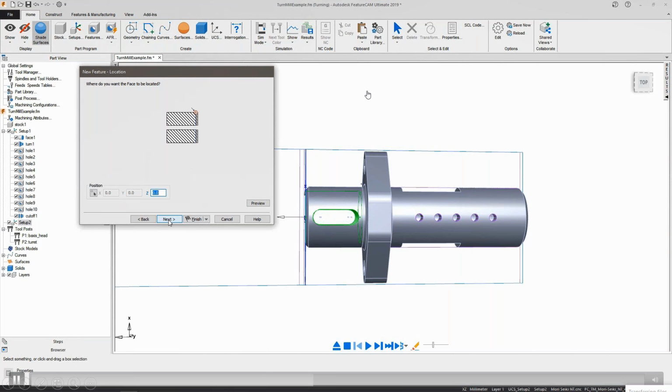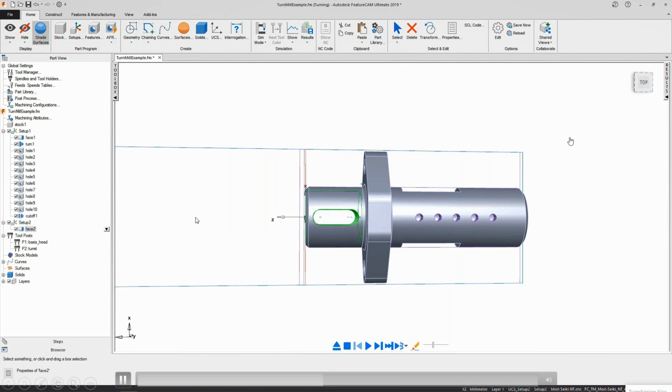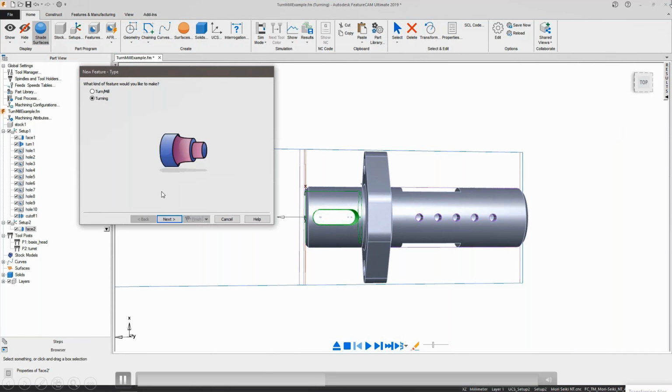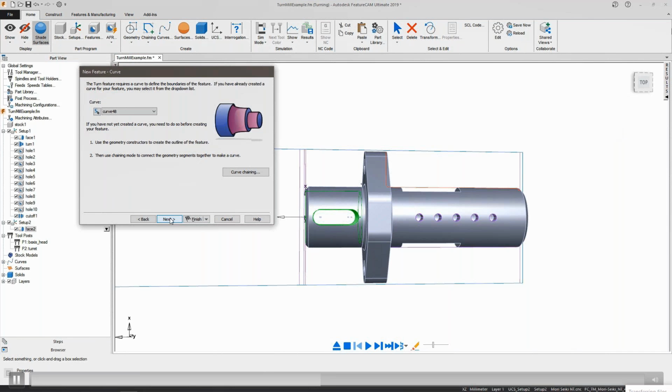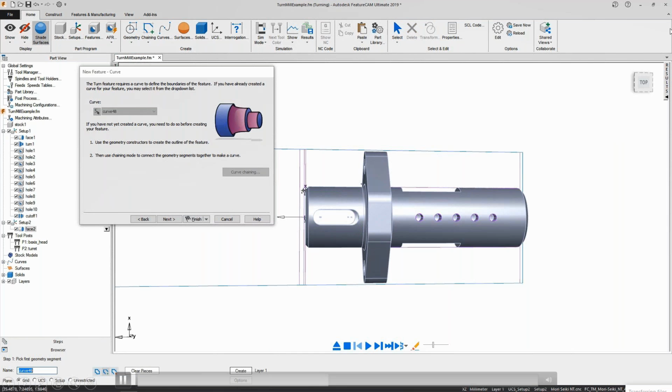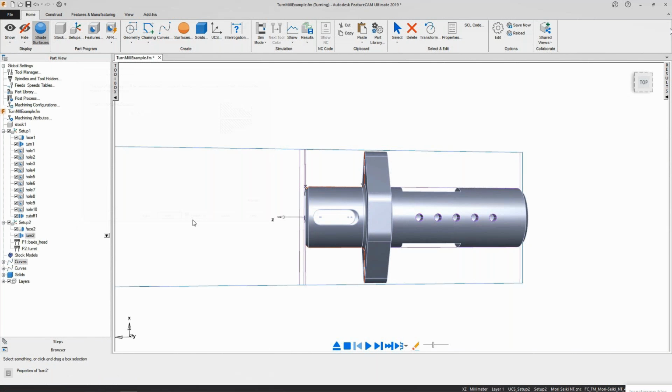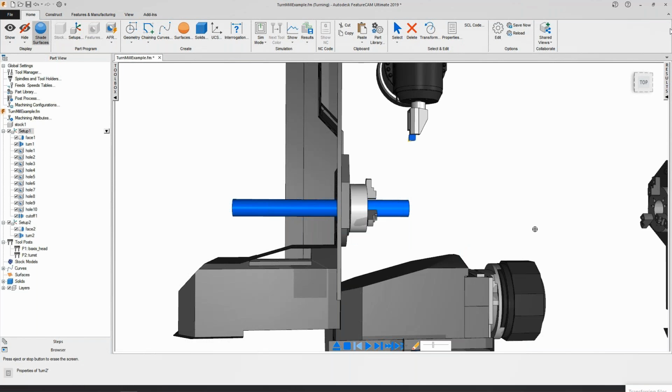For the backend operation, as you see, we are again doing a facing operation, and then we select the holes, the turning applications, and then we do the pocketing. This is what we call IFR, the interactive feature recognition method of programming.